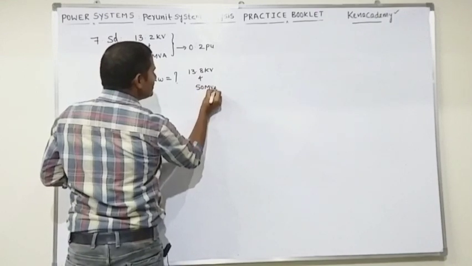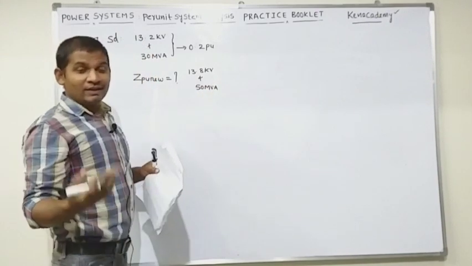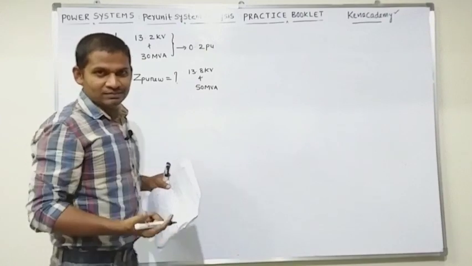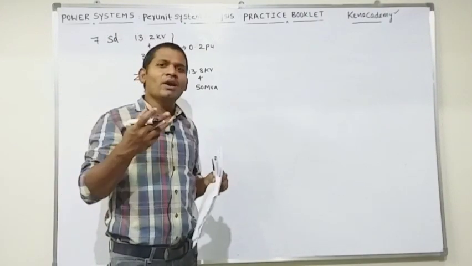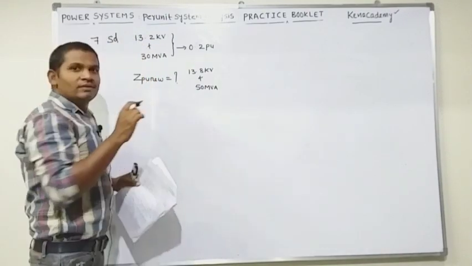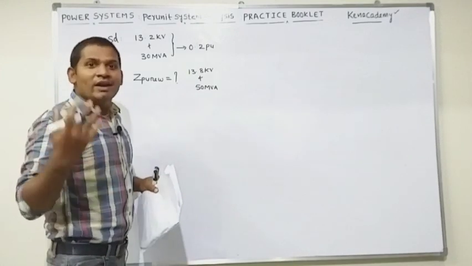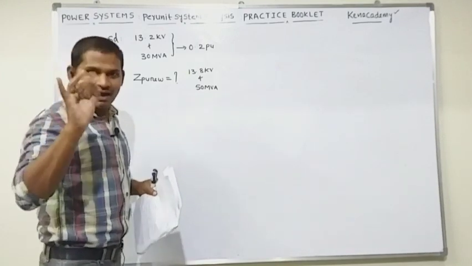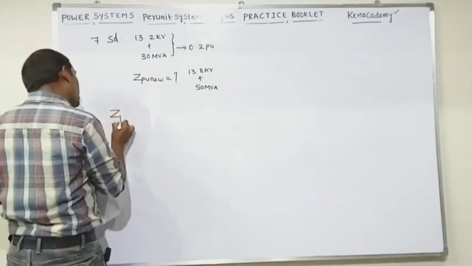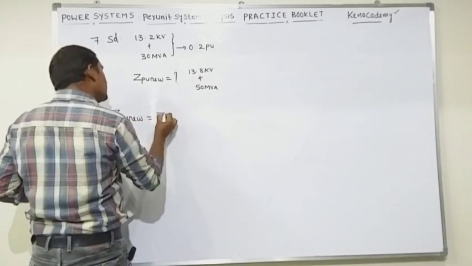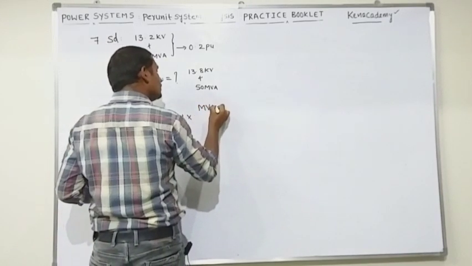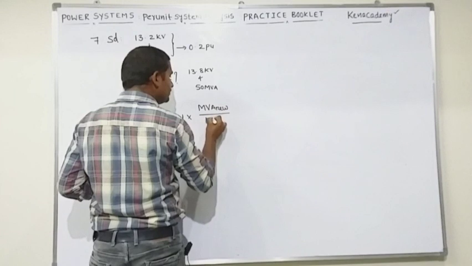See the students, the same formula is repeating many times. Based on that formula, many times questions are framed in ESC and PSUs. Sometimes one or two times already framed in the GATE exam also. That's why that formula is very important. That is, the conversion from one base to another base formula is very important in power system analysis to solve the previous GATE and ESC questions. Okay, then what is the Z per unit new formula? Z per unit new equal to Z per unit old into MVA new by MVA old.